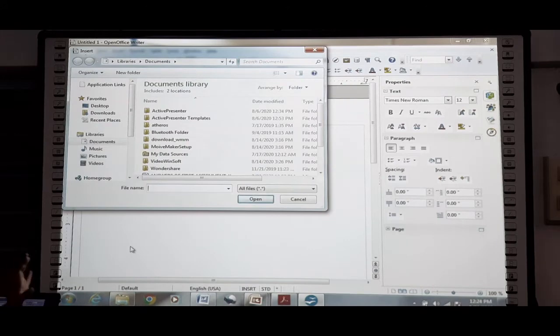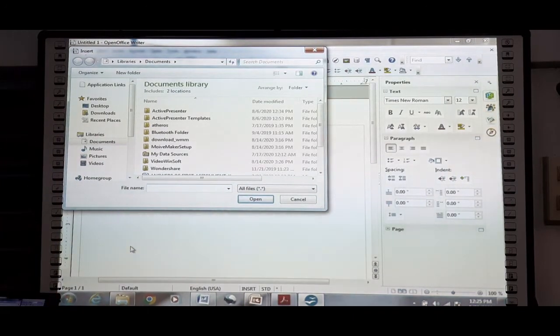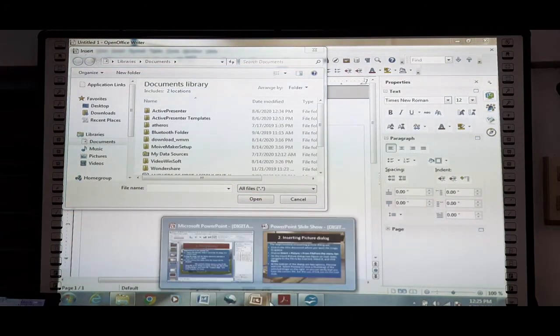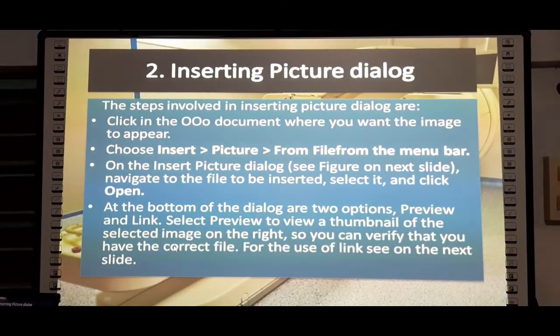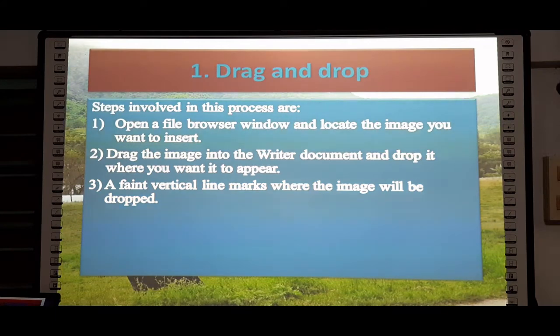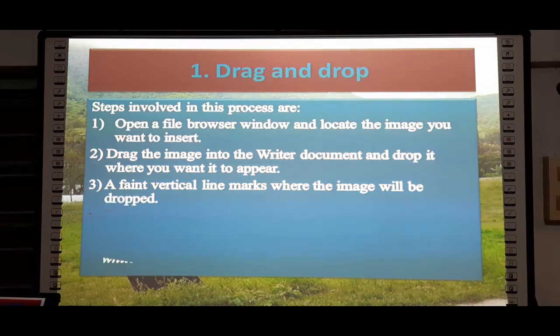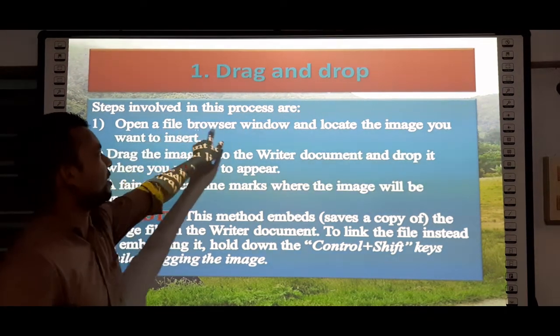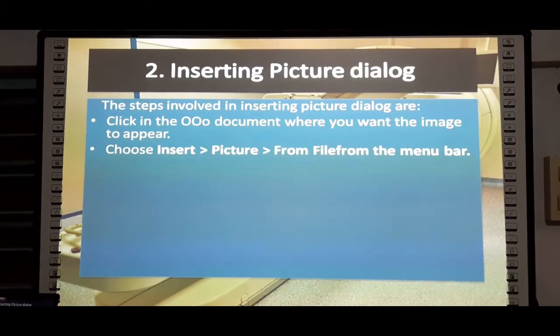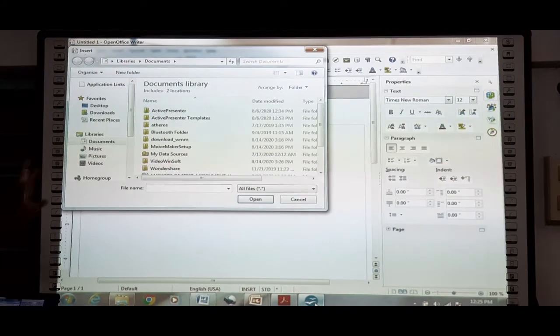As soon as we click on that file option, we are being redirected to the file browser window. That window which I discussed, that is the file browser window. This is that particular window. Okay, so this is known as the file browser window.